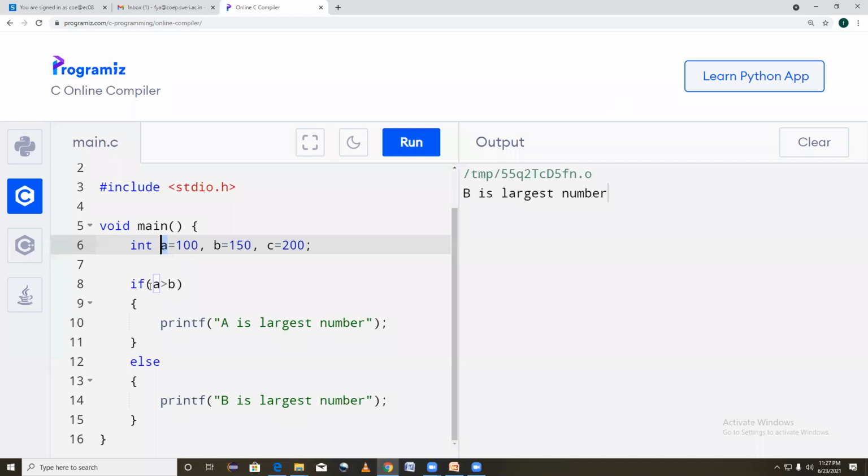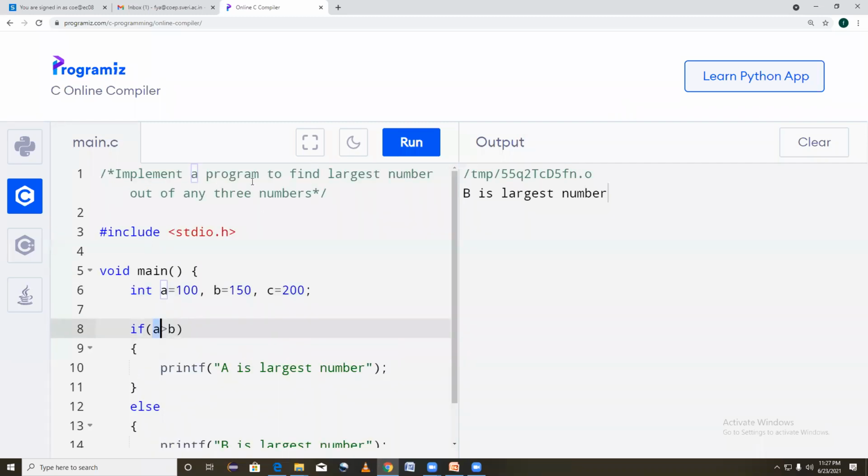When we executed the largest number between two numbers A and B, what happens here? A is compared with B. In the else part, B is compared with A. But now our program is to find the largest number out of any three numbers. So I have these three numbers.